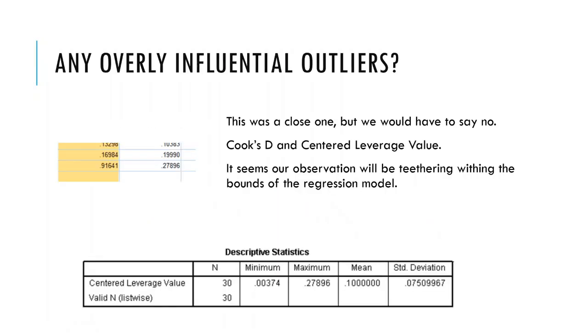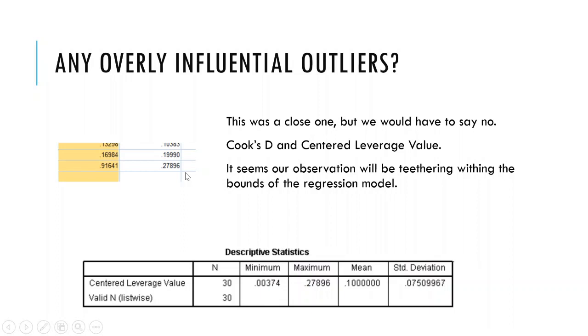Now we're going to look at if there were any outliers. The interesting thing here is that I was a little bit lenient with the centered leverage value. I took the mean of 0.1 and multiplied it by 3 to see if there was any outlying data here. So here, this was one of the maximal, probably close to 0.3, but I decided to include